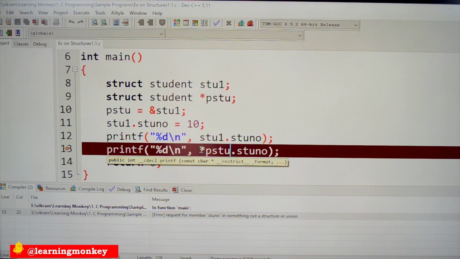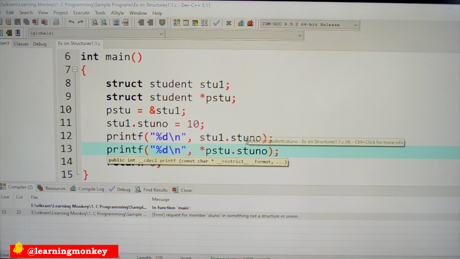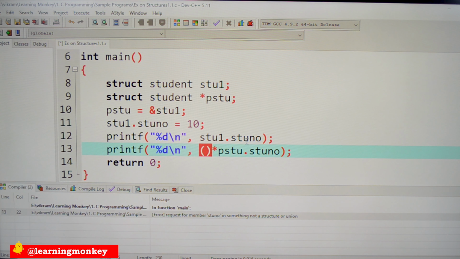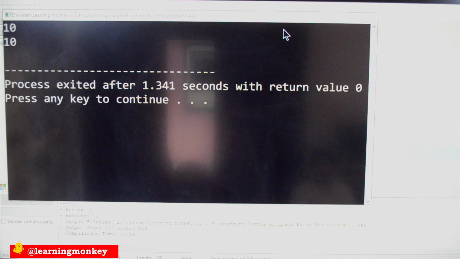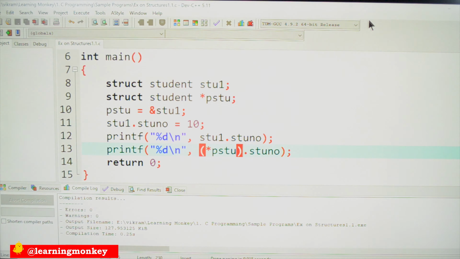Now what we will do is, we will add the brackets within this. So the brackets have been added. Now there is no error, and it is printing the values 10 and 10. See here, 10 for this, and this is also 10.